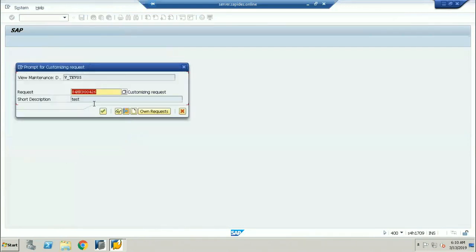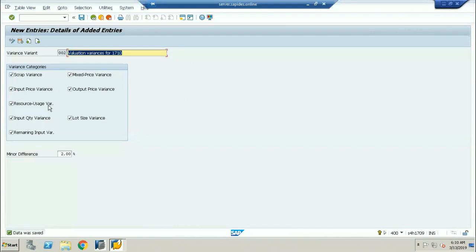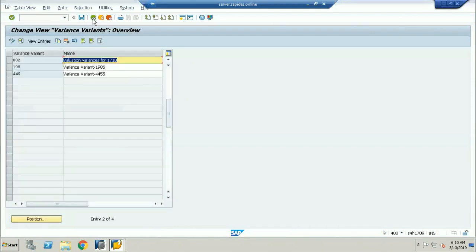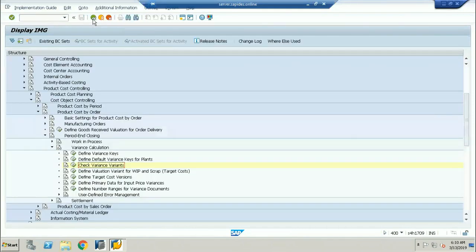So once you define the variances, yes, sir. Is it all together for input and output 2%? Yes, sir, 2%. Minor differences. If there are no minor differences and you don't want to take the differences, just keep it blank. No, I'm asking about the variance itself altogether, input and output together, is it 2%?